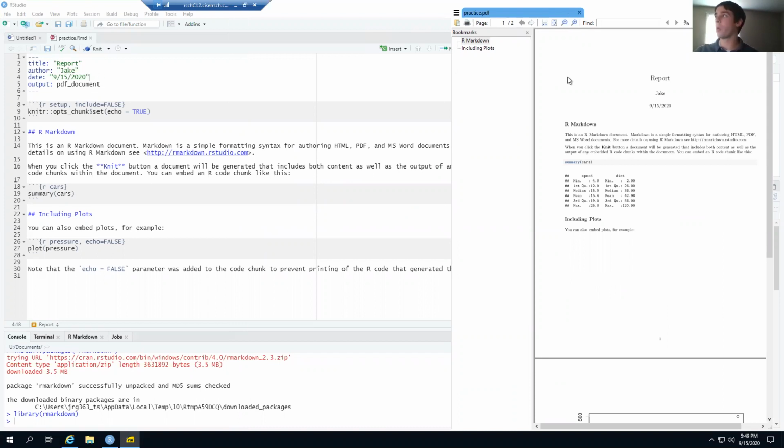So I see report is my title, that's present. I have me as the author, they threw in the date on purpose. I exported a PDF file, and this first code chunk is actually where you'd expect we'd put our code, but